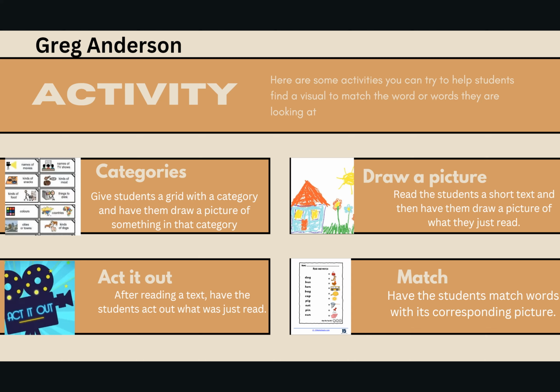And then another good one is just a general match. And I think this is probably good for your basic readers, but it's also really good for ML students when they're trying to acquire that academic language, right? Like if I put the word asymptote on there, which my English speaking students will look at me and be like, what did you just say? Asymptote? What the? But then I could have a picture of a curved graph and have them match it up and associate that, because it's so hard for them to connect that word with what it actually represents.